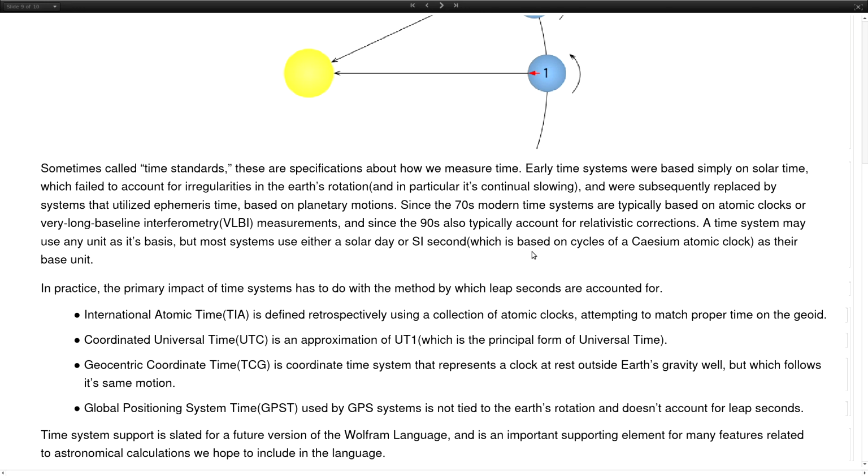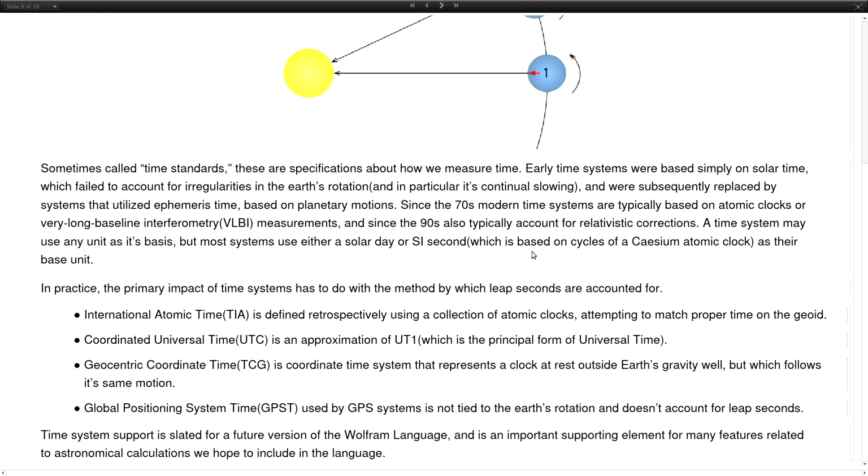or geocentric coordinate time, the coordinate time that's used by GPS systems, which do not account for leap seconds. They don't care about the rotation of the Earth. They were synchronized with TAI back in the 1960s, and since then don't need to do any correction because they're not concerned with exactly how fast the Earth is rotating. And because the Earth is slowly slowing down, it means that we have to keep adding leap seconds in. And there are different ways we accommodate that, because even though we've redefined the fundamental definition of what a second